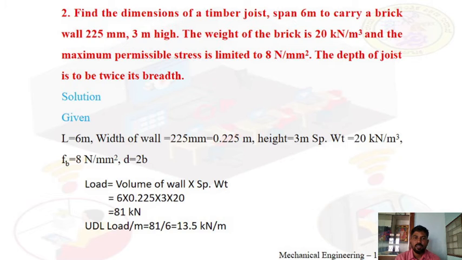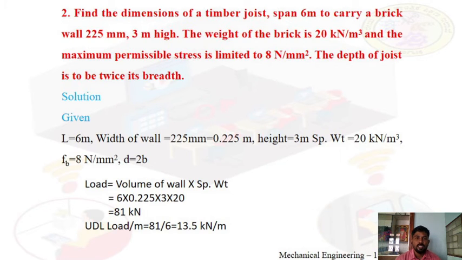The condition is given. So see here, the load is not given. But width of wall is given, height is given, the specific weight is also given. We have a formula: load is equal to volume of wall into specific weight. A volume and specific weight, if we multiply both we get the load. The load of the entire wall, that is, how much load is acting on that wall, we get to know. So volume we already know, area into height.